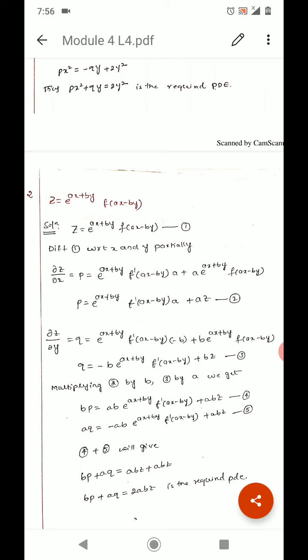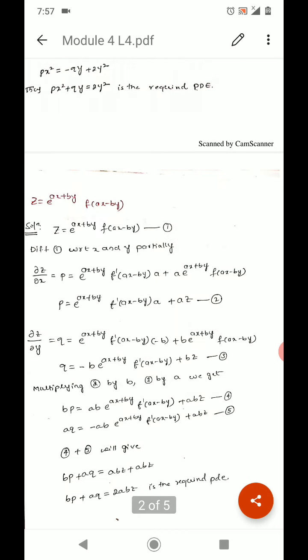So use the product rule. So e power ax plus by is the first function, keep it as it is. Then differentiation of f of ax minus by is f dash of ax minus by. Again differentiation of ax minus by with respect to x: differentiation of ax is a, since x becomes 1, minus differentiation of by with respect to x is 0,